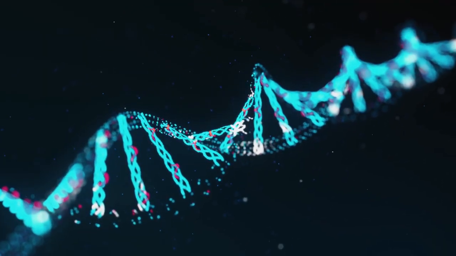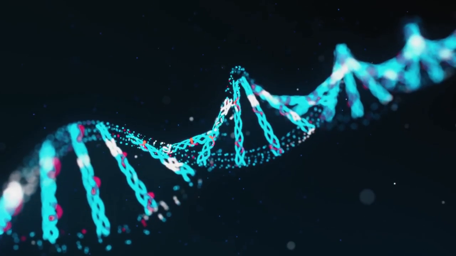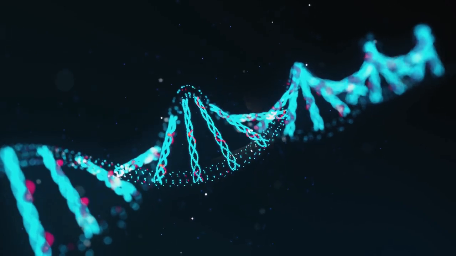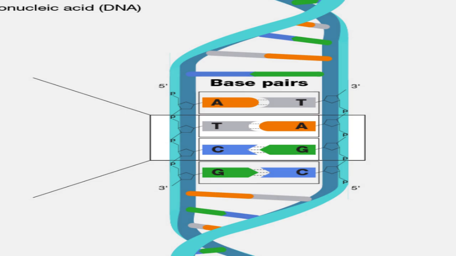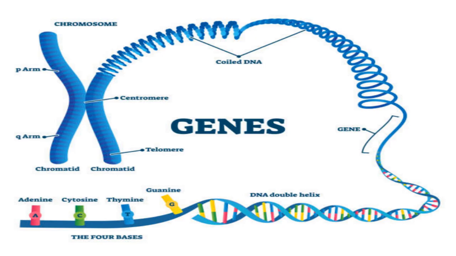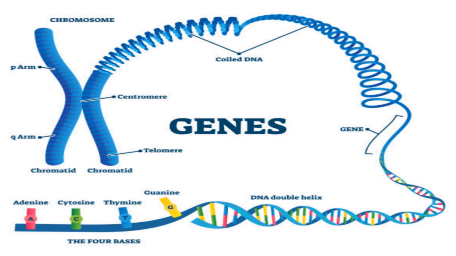Hello everyone. DNA or deoxyribonucleic acid is the hereditary material in almost all living organisms. It carries the genetic blueprint of life. The length of DNA is measured in nucleotides or base pairs. For example, E. coli bacterium has around 4.6 million base pairs, while humans have about 3.3 billion base pairs in